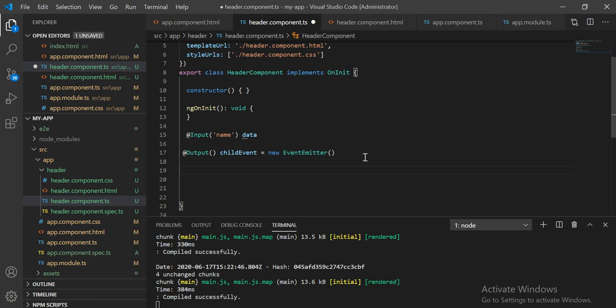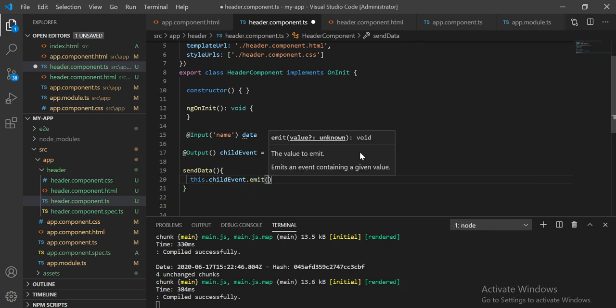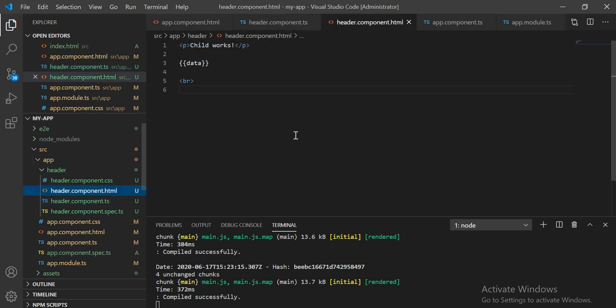All right, again we'll define one function which will call this event internally using this dot child event, and it has a method, that is the emit method, which will send the data. So this is the message, hello dad, that this child component is sending to its parent.